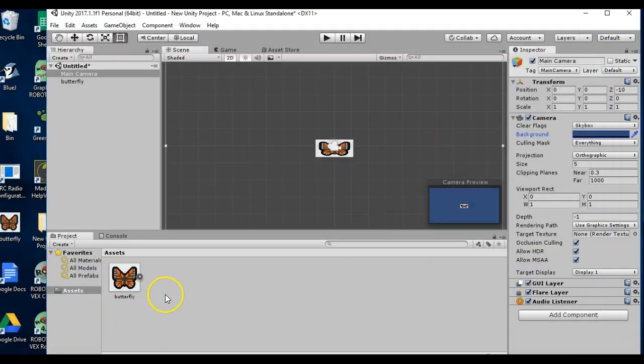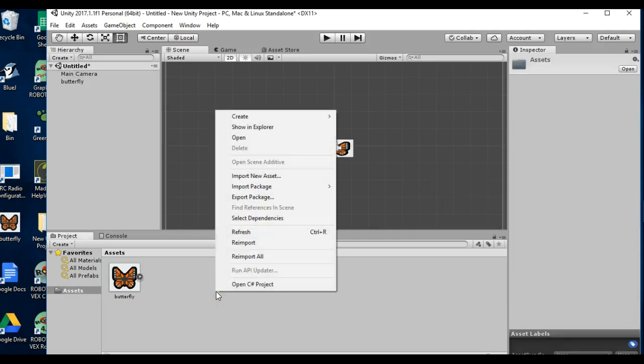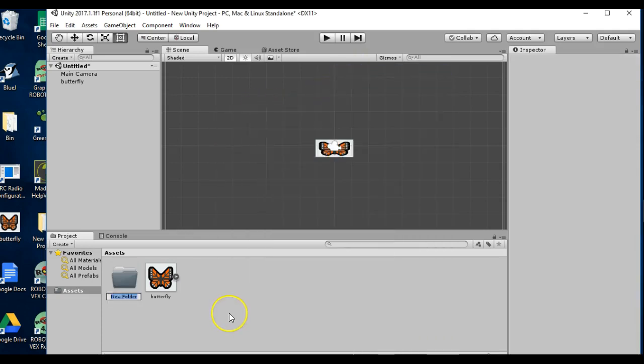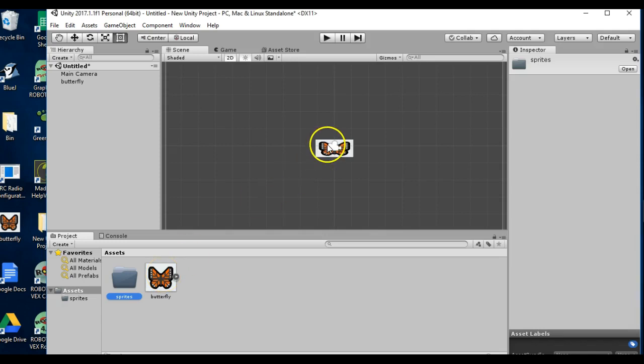Our assets should be organized. So you can right click here and create folders to keep all your assets in. So we can put sprites, and this is